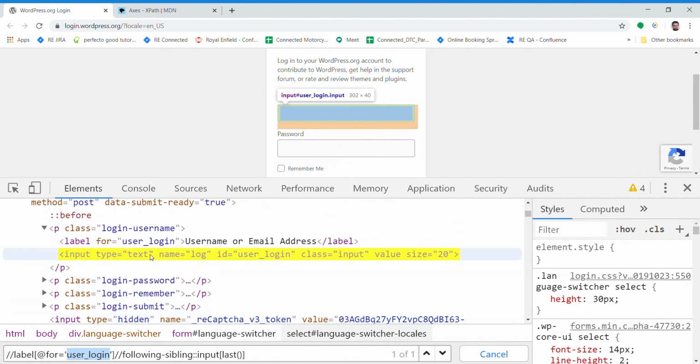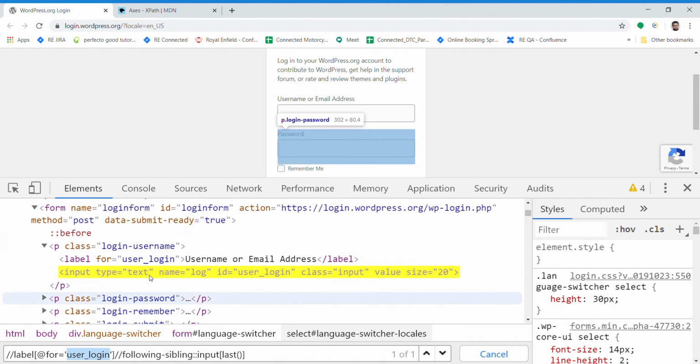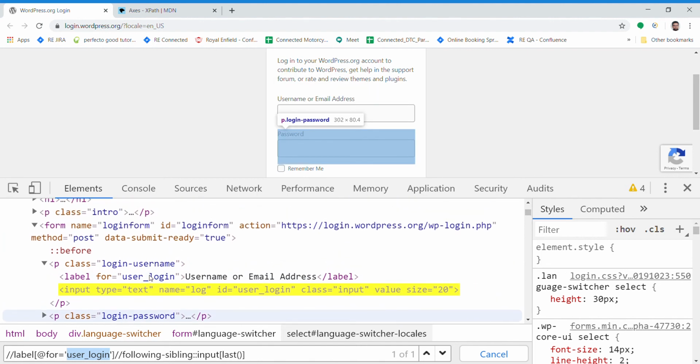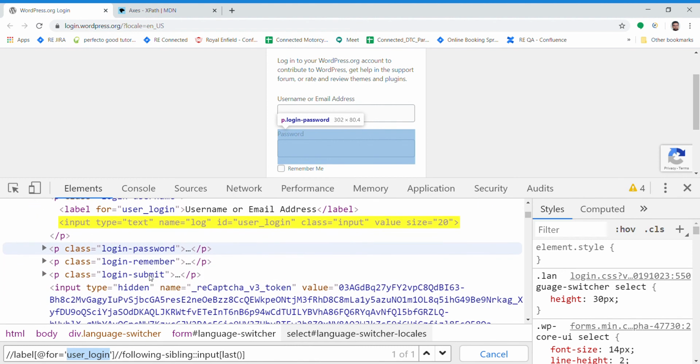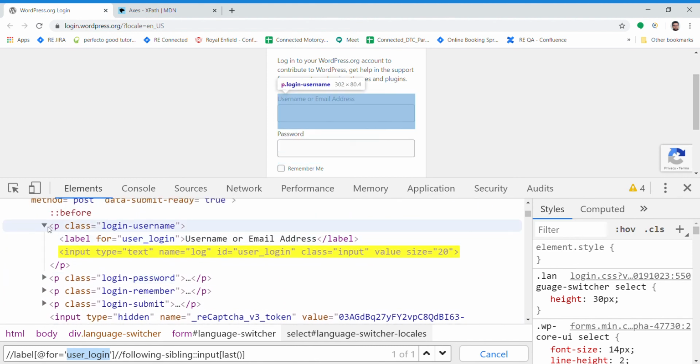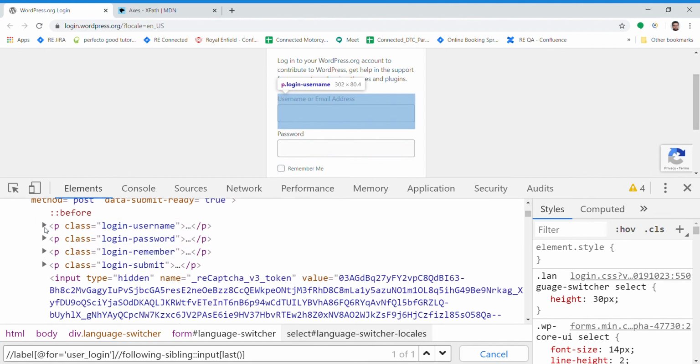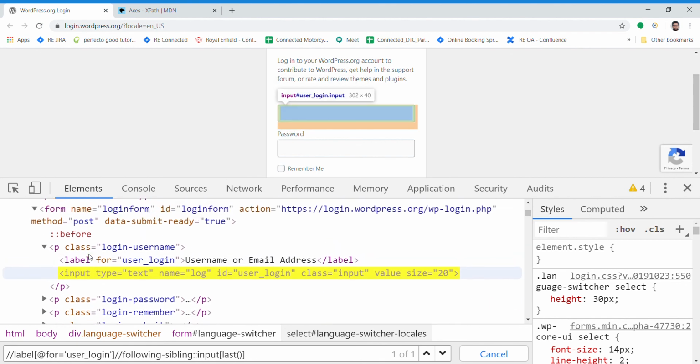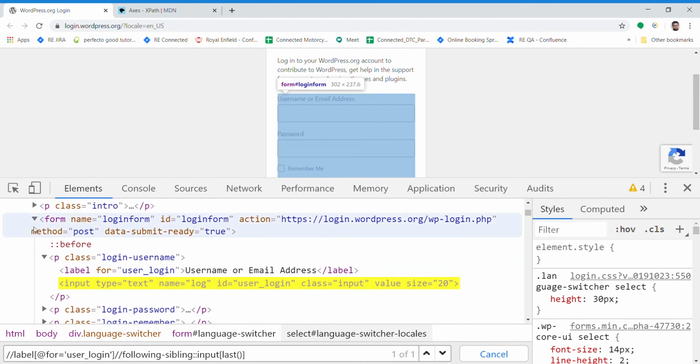So descendants means all the child elements and their child elements. So if I'm gonna find the descendants of this login username, we are here on user login, that is this element, right? But I wanted to find the descendants of this only. Okay, not this.